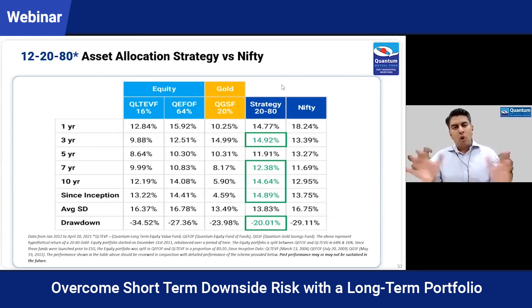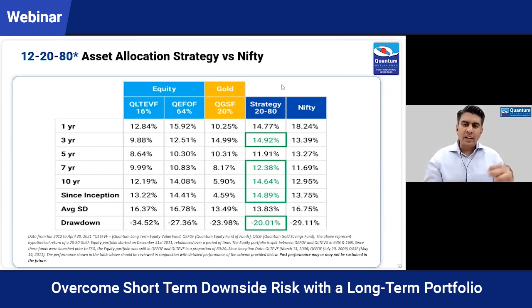Second is, when we talked about the 12-20-80 strategy, our core message is that you need to diversify across asset classes and within asset classes. Some investors may think that an 80% allocation may be high for equities, or the 12 months of safe expenses could be very small. So this can be customized. You can evolve your own strategy with which you're comfortable, but at the end of the day, you need to diversify across asset classes. That's the core message we want to leave with you.